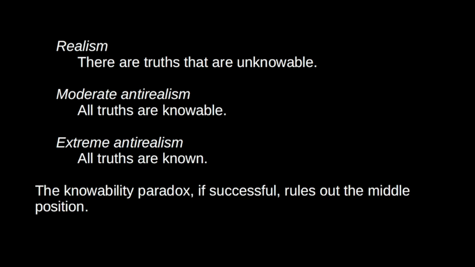Okay, so what we will do from now is I'm going to show how the knowability paradox is derived. I'm going to state it using formal notation, but I hope you should be able to follow the argument intuitively, even if you're not familiar with formal logic. It's worth noting that although the knowability paradox is usually presented in terms of formal logic, the underlying idea is, I think, reasonably straightforward. I don't think you need technical logical tools to see the problem. So before outlining the more formal proof, I'm going to state the argument in intuitive terms to give you the basic idea of what the problem actually is.